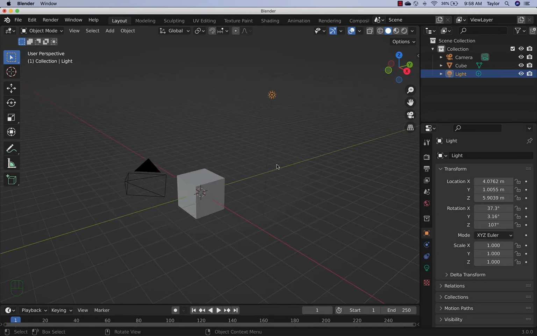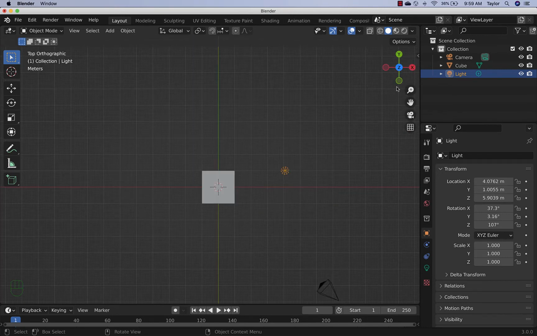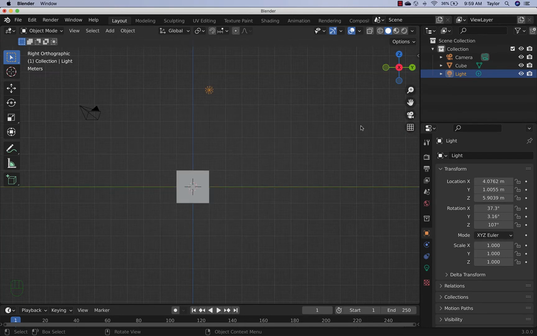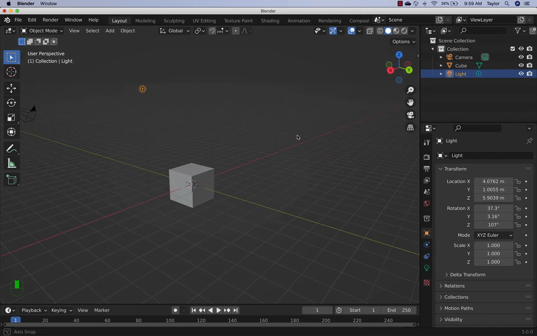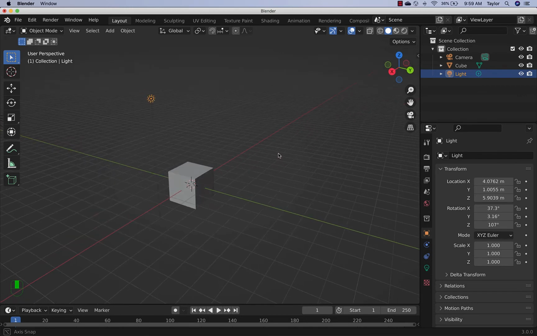I can never memorize those, but what I can do is I can just come up here and click on one of these little gizmo endpoints, and that's going to pop me into one of those views. I find this easier than just memorizing those particular numerical inputs, but maybe memorizing is your thing. You should also note that